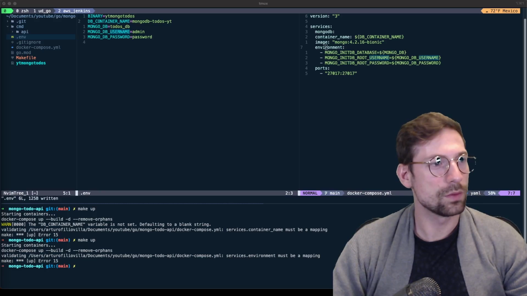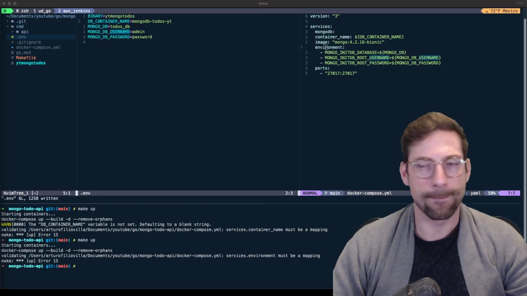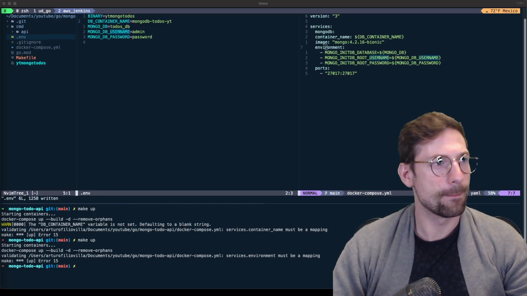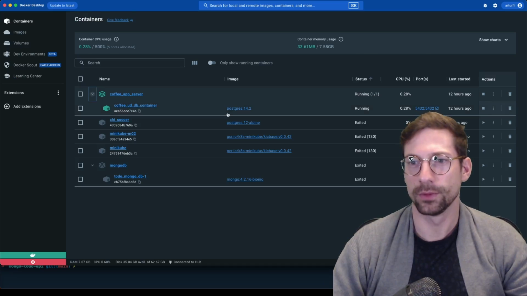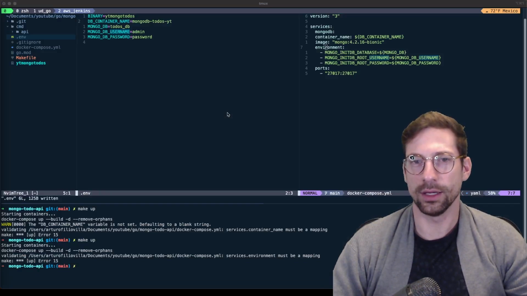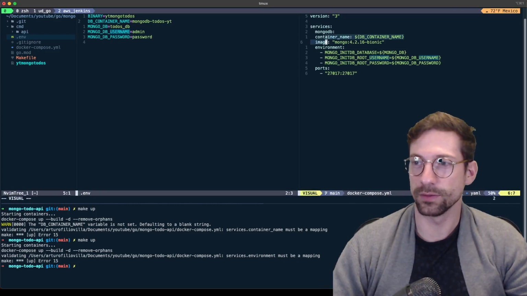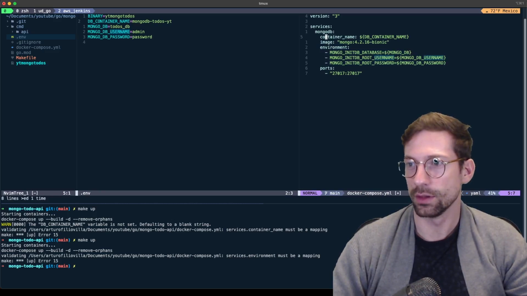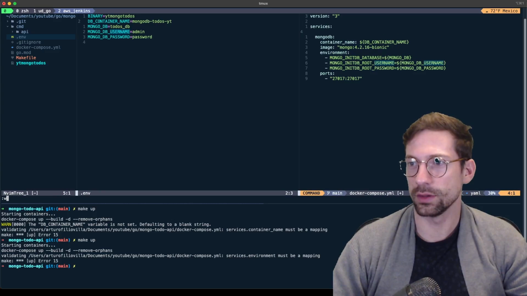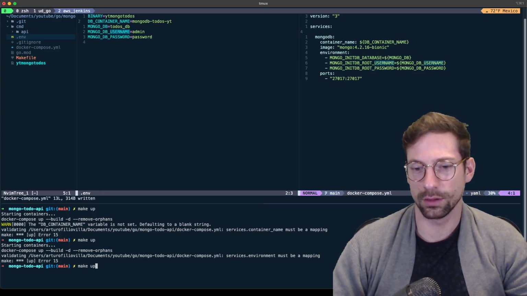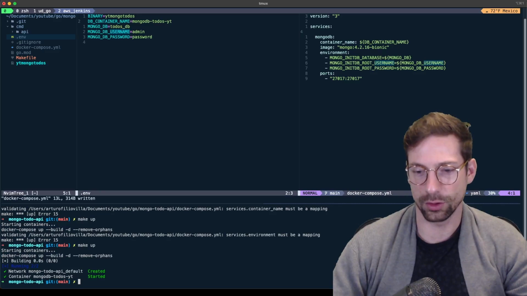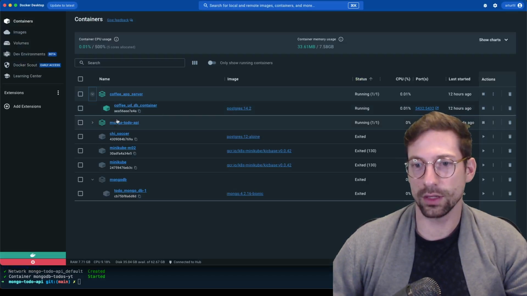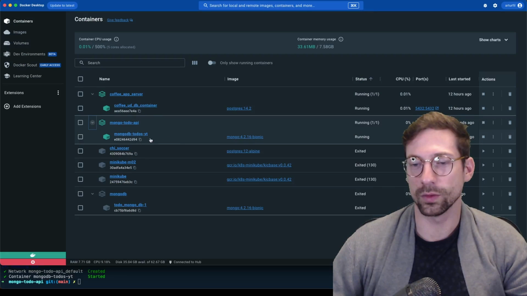Database root username. So this, yeah, I missed another indentation. Speaking of indentations, I believe that should fix it. And there you go. So let's go here, and as you see now, we have our MongoDB